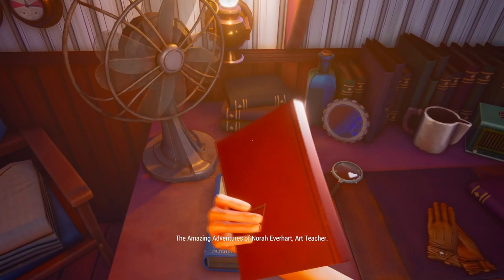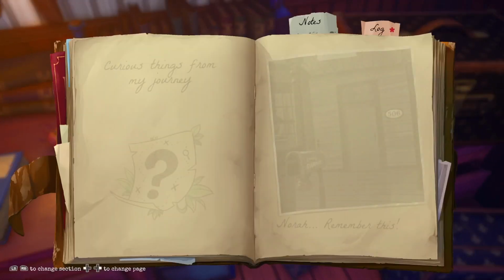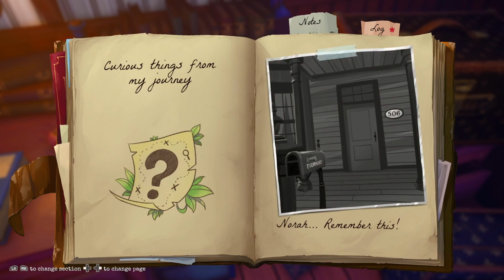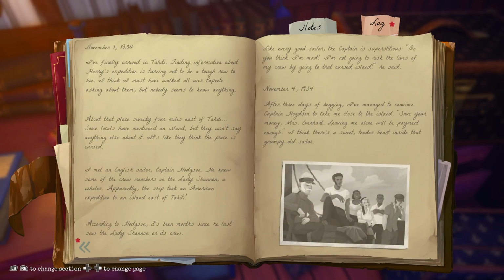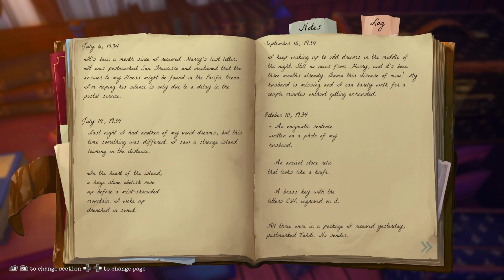The amazing adventures of Norah Everhart, art teacher. Let's see this. So we got a journal now. Curious things from my journey. Norah, remember this: 506 Everhart. So there's no other pages here. We can change the section. Also, there's a log. Wait, so